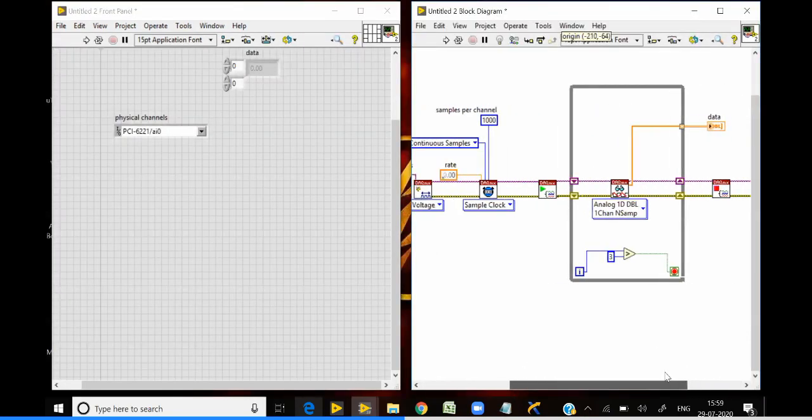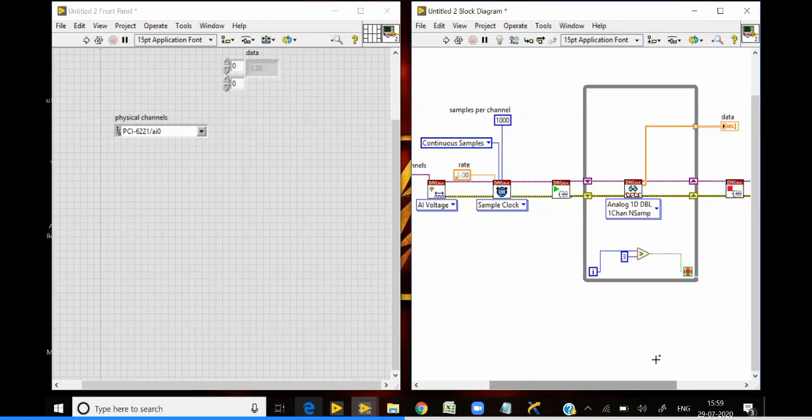Now, how many rows and columns will be there in this 2D array? Yes, it is 4 by 1,000. So we can say 4 rows and 1,000 columns.